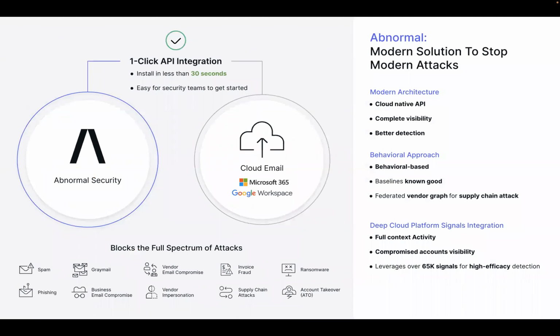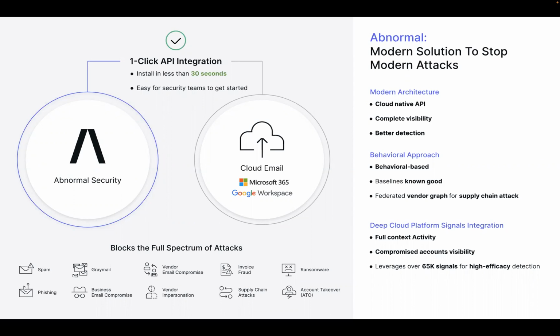How are we providing a level of contextual intelligence beyond an inspection of a link or an attachment that is likely different from the traditional methods and controls, right? If you look at the right-hand side, AppNormal is a modern type of integration or architecture, right? We're cloud native APIs, meaning we're connecting directly to Office 365 or Google. We do not change MX records. We do not interfere with email flow.